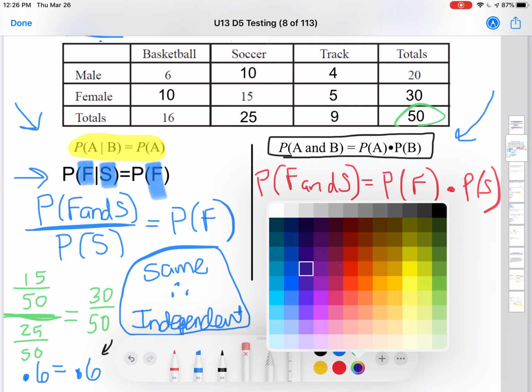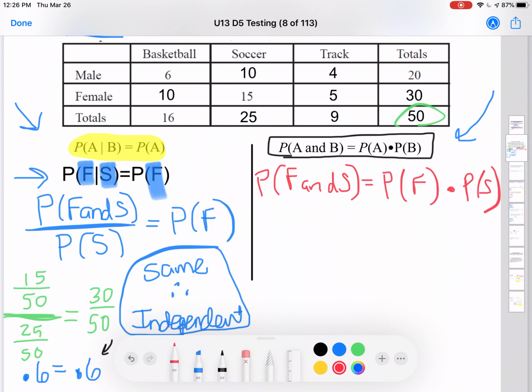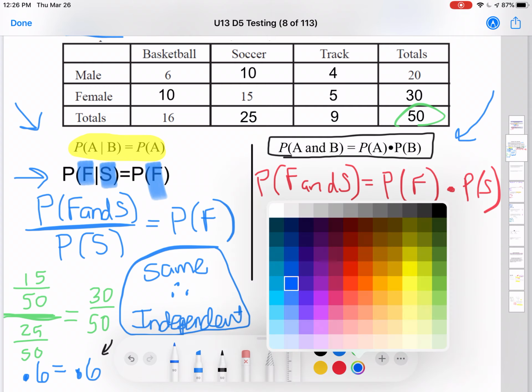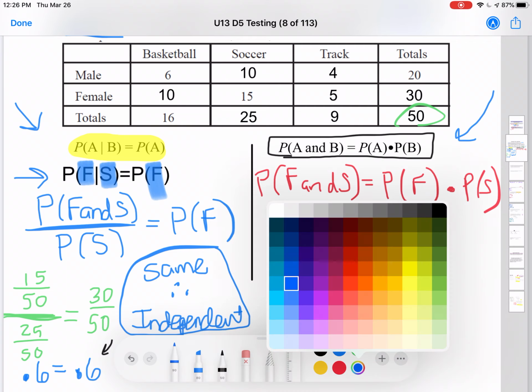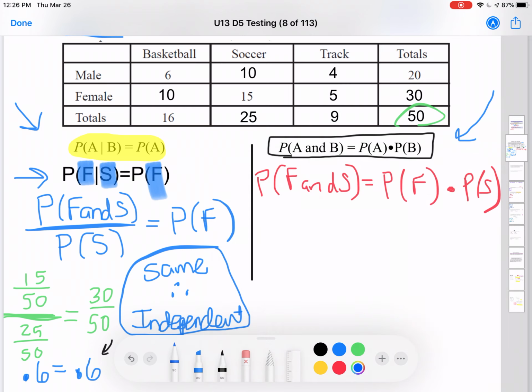Okay, so let's get a pretty color. Okay, so probability of female and soccer. So female and soccer is right here. So 15 out of 50 equals probability of female, 30 out of 50, times the probability of soccer,